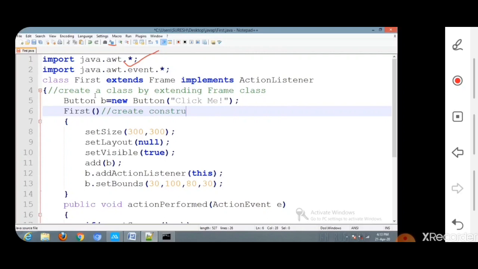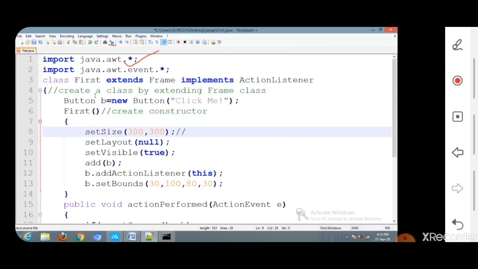The constructor has the same name as the class, does not have a return type, and does not contain any parameter. That means it is the default constructor which we are using here. Inside that, first of all we have to create the frame.